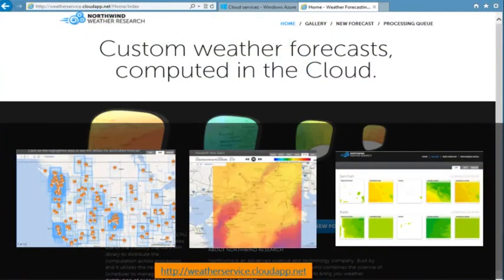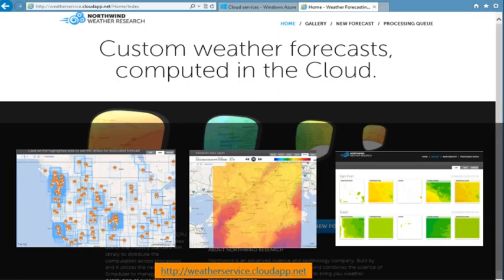So here's what it actually looks like. There's the website, and there's the services that are running. On the left-hand side, it shows all the simulations that have run over the last 2 years. And if I hadn't accidentally turned it off today, it would have been running for exactly 2 years and 3 months.